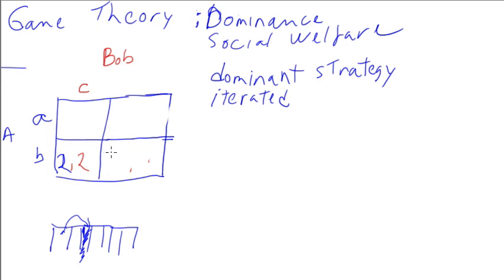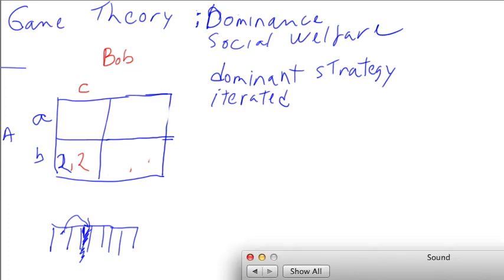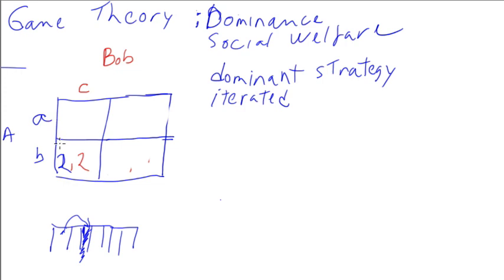The problem is, it's very logical. It makes perfect sense that your dominant strategy is what you want to take, right? An agent is never really going to want to not take his dominant strategy. The problem is that he might not have one. So let's put some numbers back in here. Put the numbers for Bob: 2, 1, and 2, 1. Right. So now if you look at that,